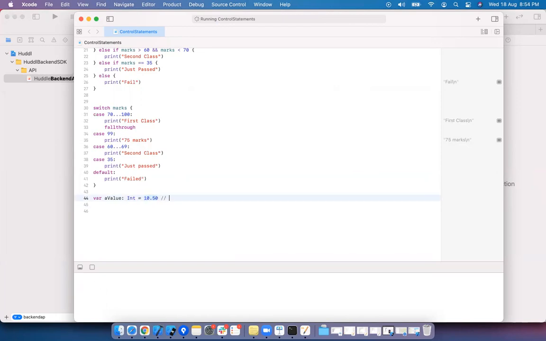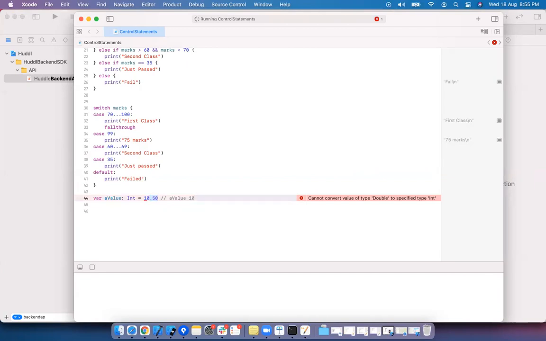In other languages, what happens is a holds 10. It simply ignores .50 because this is of type integer. Whatever it can store, it takes. The remaining will be discarded. This is how it automatically happens in other languages. That is called implicit typecasting.